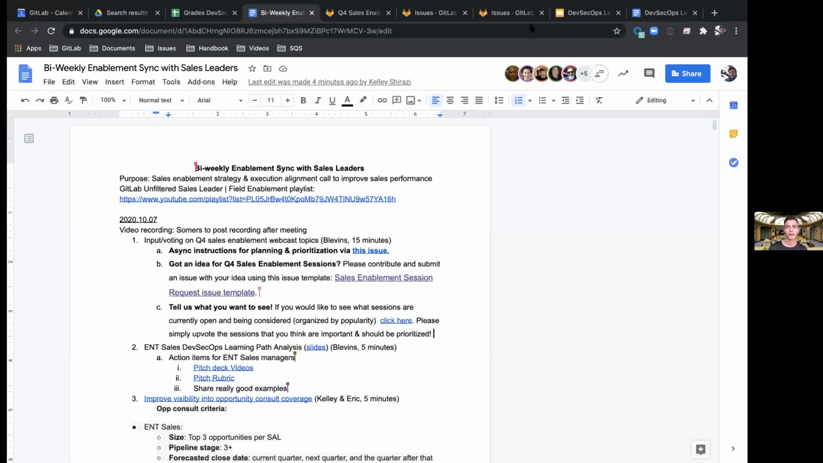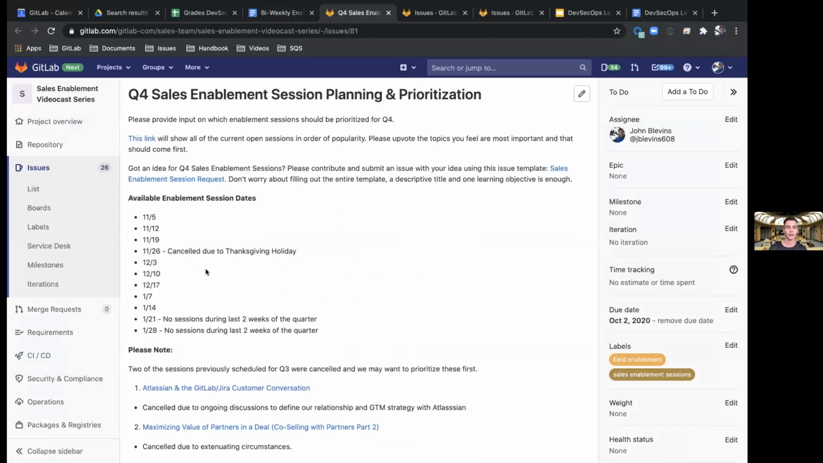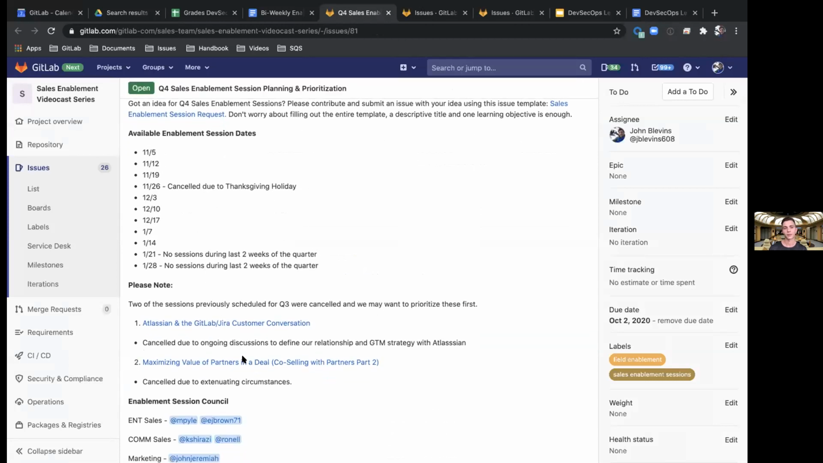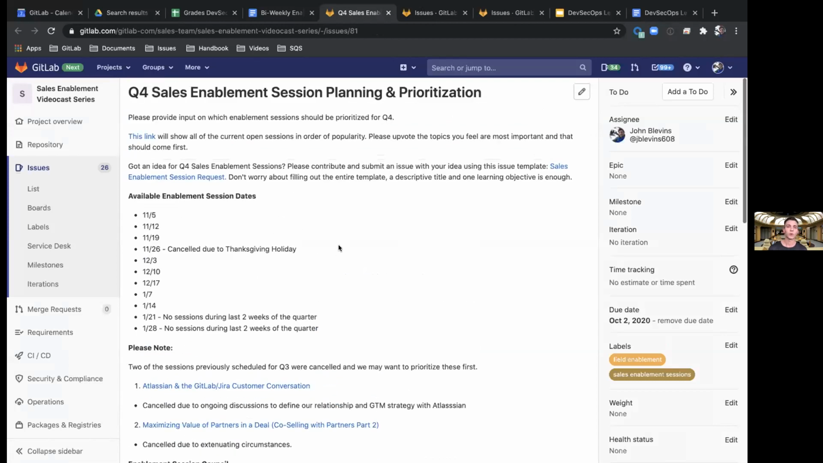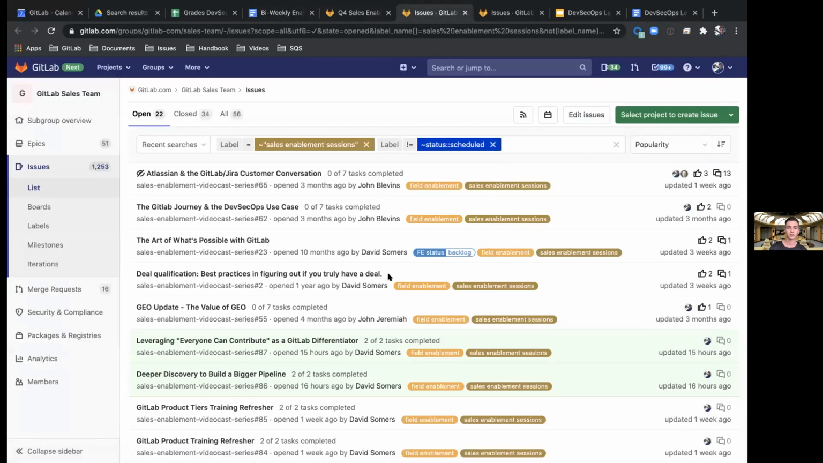Wanted to pivot over to the notes document here and check out a few things. We created an issue for async voting on the topics for next quarter. We have, I think, 8 slots available, 2 sessions that canceled, and 3 that we always do, like the competitive one. If you look at C on our notes document here, if you click here, you can see a list of all the issues that are currently open,